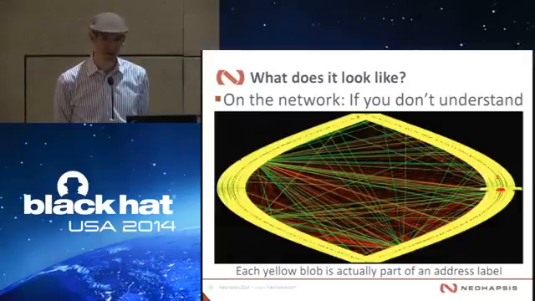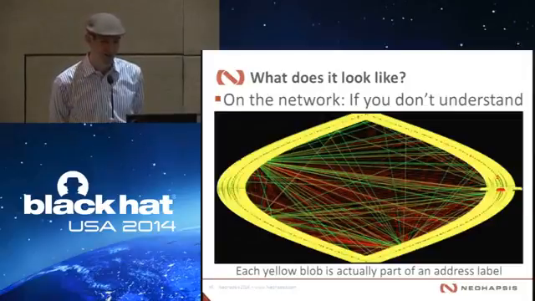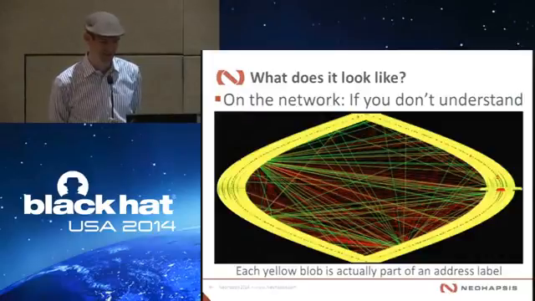All of those little yellow things ringing around the side are address labels for different connections that got opened. Now, of course, we cranked this up to make it full mesh and as obnoxious as possible. But the point is, this is a perfectly reasonable connection. It is a perfectly reasonable activity on your network. And yet, if you pull it in Wireshark and do the show all endpoints, you get something nonsensical like this.